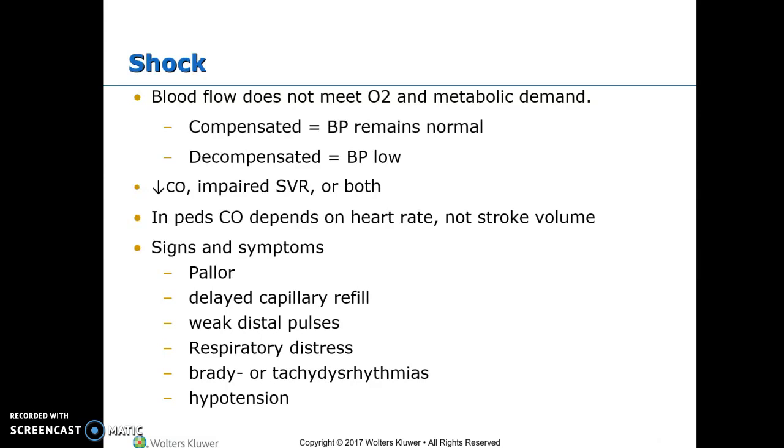We talk about compensated shock, which means the blood pressure is still normal, and decompensated shock is when the blood pressure drops. Remember, kids are amazing at compensating. They can clamp down all those capillaries, raise their systemic vascular resistance to maintain their blood pressure until they can't. And when they can't, they crash fast. So in shock, the things we're worried about are a decreased cardiac output or an impaired systemic vascular resistance, or both. And I'm saying kids, even when they have decreased blood volume, can maintain their blood pressure for a while,